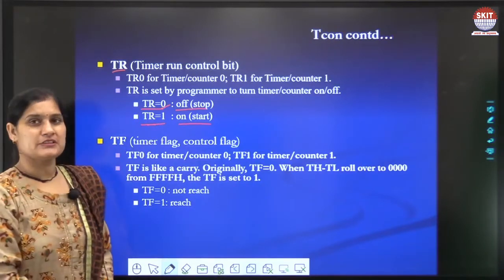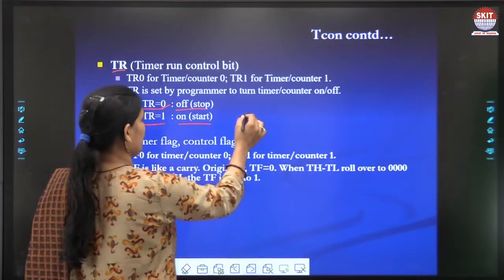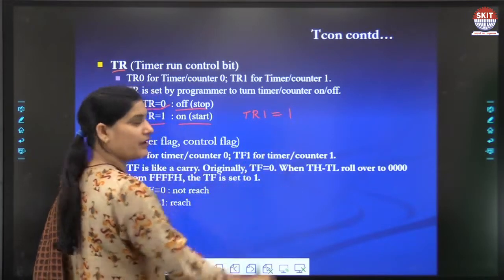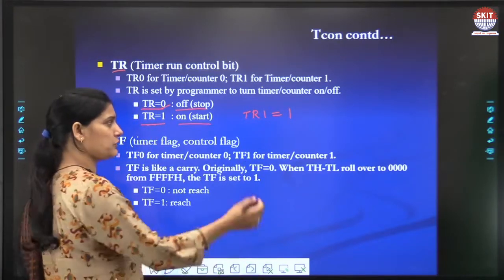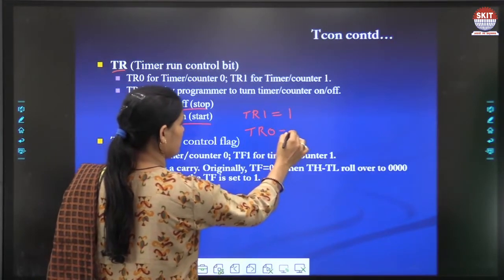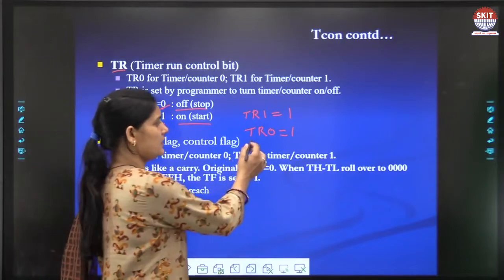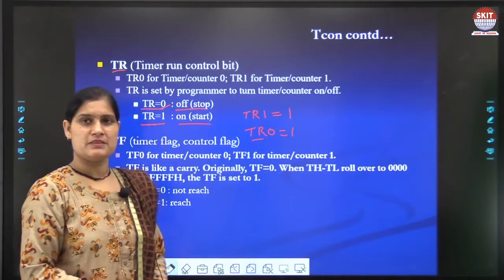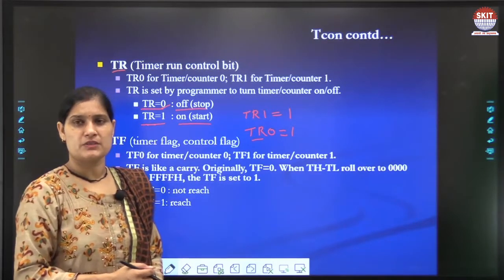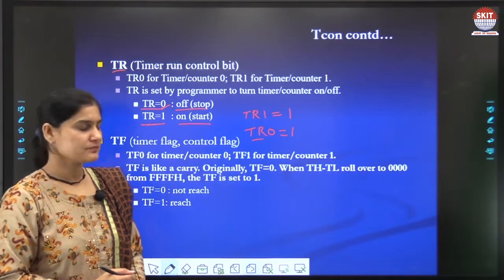If you want to start timer 1, you have to make TR1 equal to 1. If you want to start timer 0, you have to make TR0 equal to 1. And how can we make these bits equal to 1? You have to set these bits to start the corresponding timers, okay.